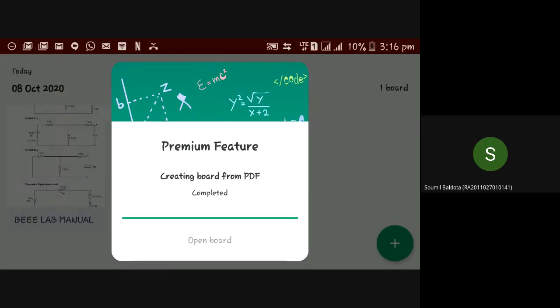In next theory class, I will tell you how to solve problems based upon Thevenin's theorem and Norton's theorem. You can use that concept to do manual calculation. But simulation and all, you have to do these circuits and you have to finish. Only manual verification I will teach you in next class theory.